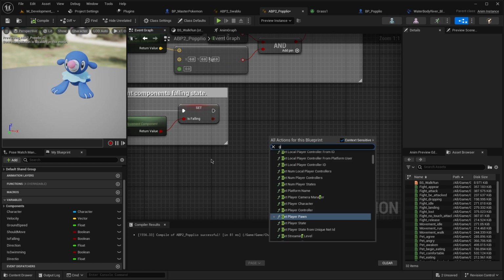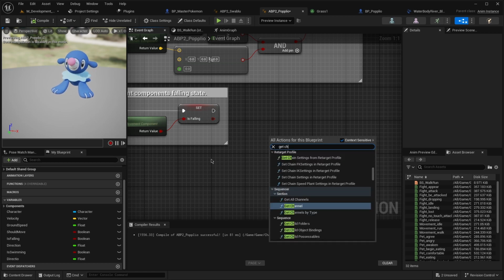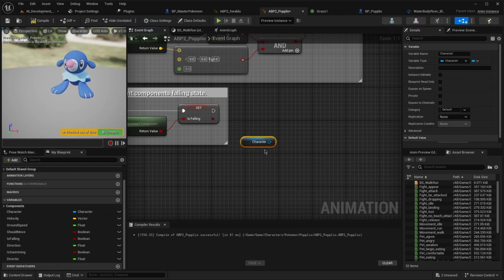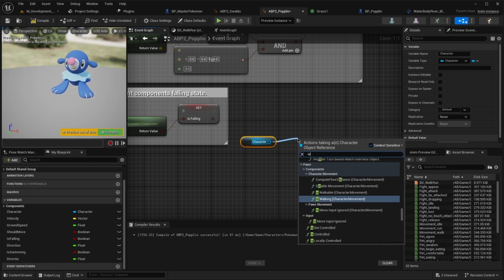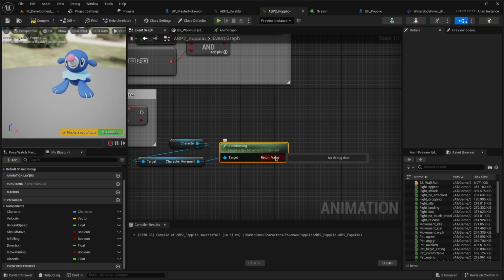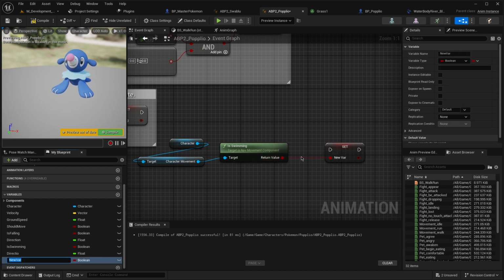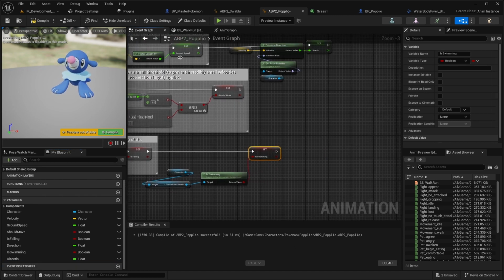Then get character, get the character, and do get is swimming. Then set that as a Boolean and do is swimming. Oh, that's why it wasn't working. It's already on here. But yeah, after you do that,